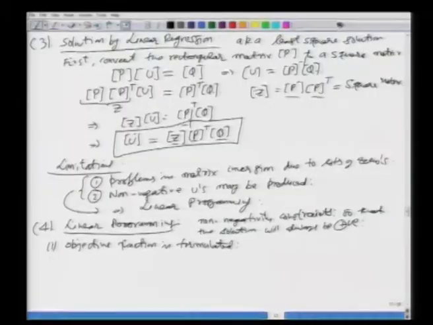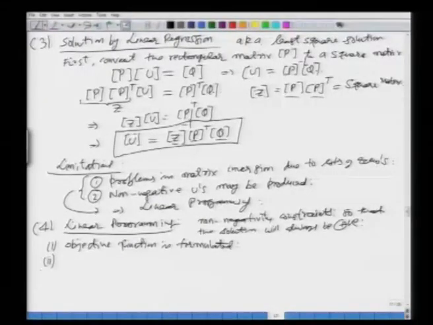In this case we will formulate the objective function as the error. You have the actual values of q, you have the computed values of q, and the difference of those will be your error matrix, which we have already seen. So, the error function will be the objective function we will minimize. This is the first step, in which we formulate an objective function, which in our case will be the error function. Then what we do in linear programming is we impose the constraints, or we say the constraints are imposed.